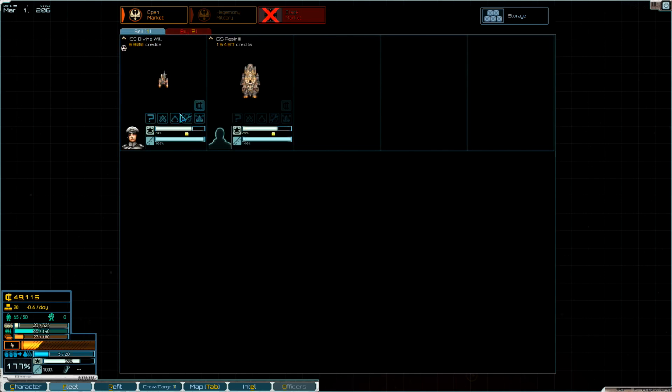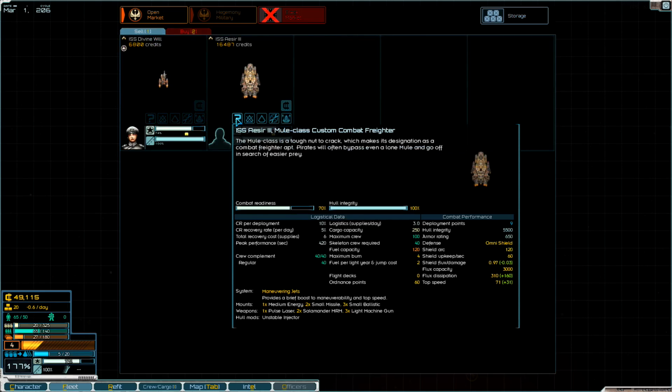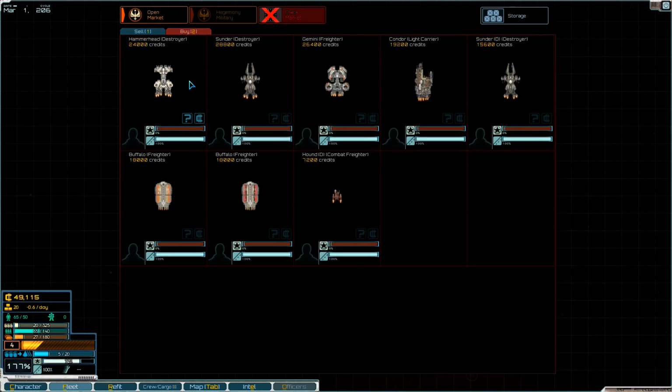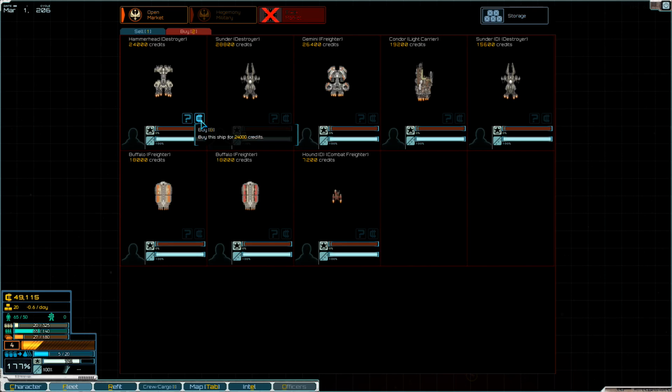And right now, if we look at our 2 ships, we've got a maximum burn rating of 4. We're limited to the Mule class combat freighter. So buying the Hammerhead won't actually slow us down at all. That's got a maximum burn of 4 as well. Yes, I think we're going to buy a Hammerhead class destroyer, just to escort our 2 freighters. So,